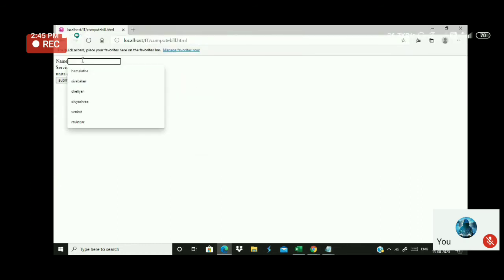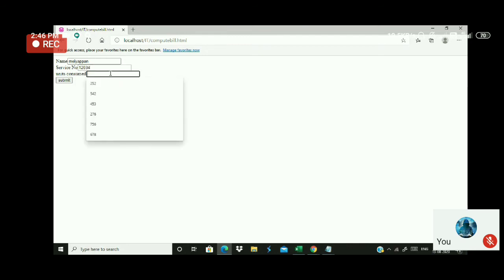The name is Mayappan, service number is 10234, and units consumed is 452 units. Now you can see the bill is generated. The total billing amount for Mayappan is 1130. So the bill has been generated.